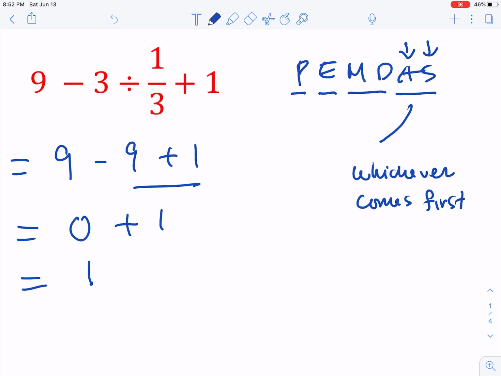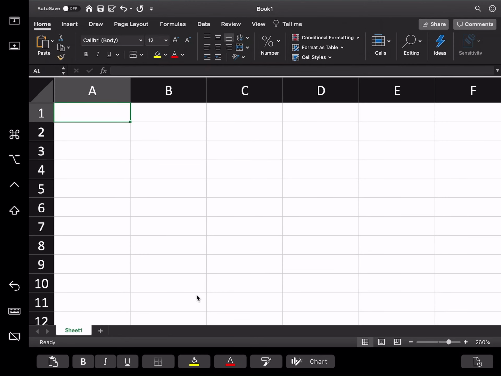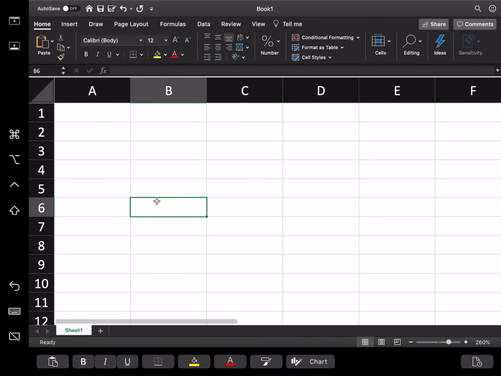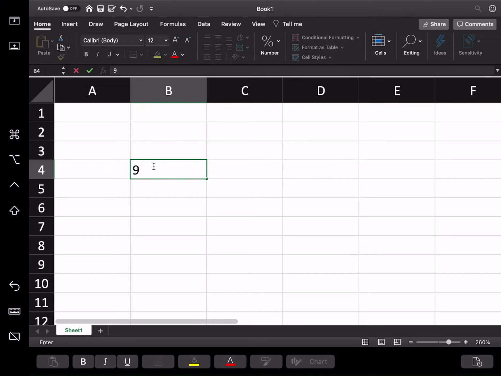No? Now, pwede natin gamitan ng Excel, no? If you want, para makita nyo. Yung problem natin ay 9 minus 3, no? 9 minus 3. Ito na lang tayo. 9 minus 3. So, pag Excel, lalagyan natin siya ng equal sign. 9 minus 3